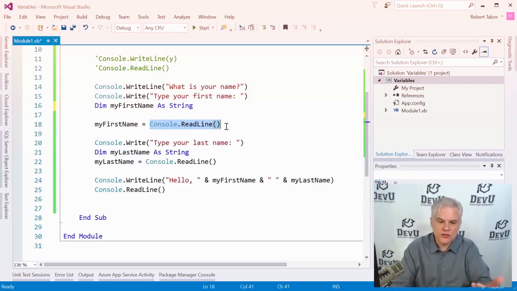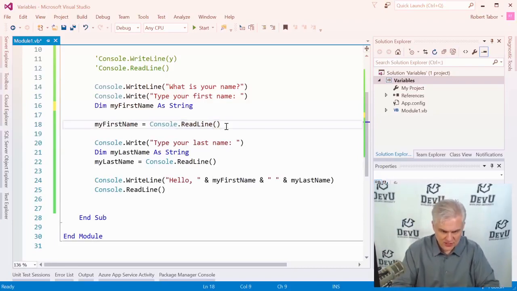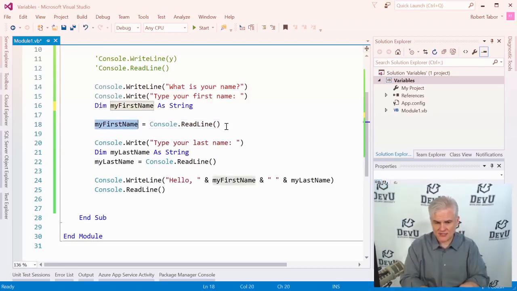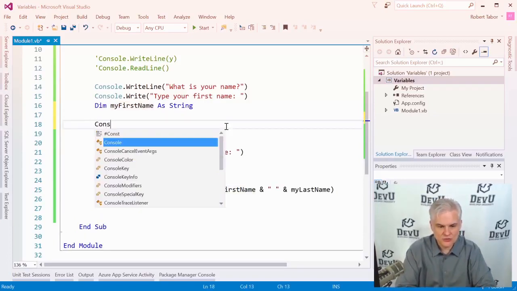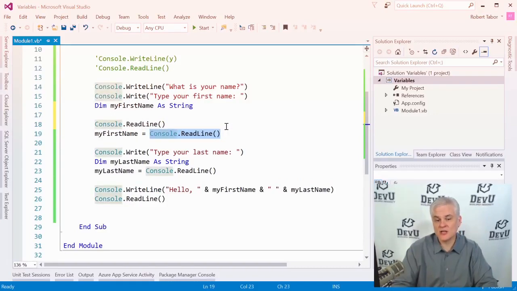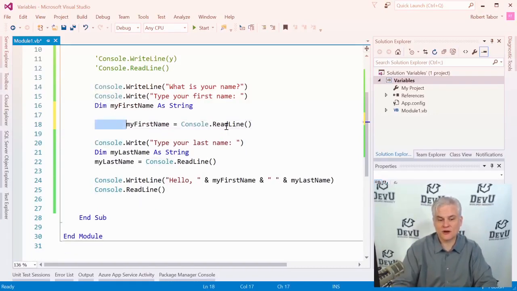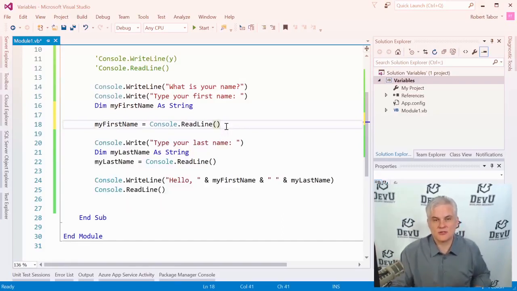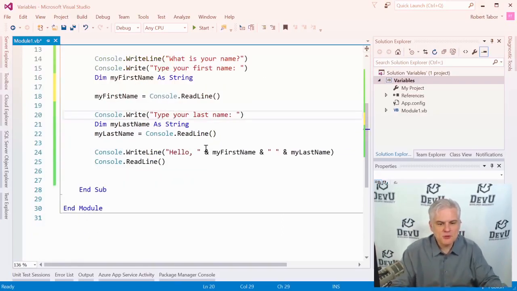Here we have requested the actual name of the user, and this is where we're using Console.ReadLine in a slightly different way. We're retrieving whatever the user typed on the keyboard. When they hit the Enter key, at that point the ReadLine method will have executed and take whatever values were typed in by the end user and assign them to this variable. So we've seen Console.ReadLine used without retrieving values, but it has this second function where it will actually retrieve back the values if we're interested in those values that the end user types in, and we are in this case. So we do basically the same thing here, nothing all that different until we get to line number